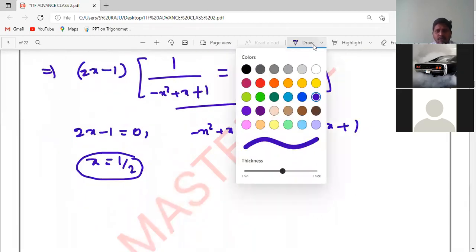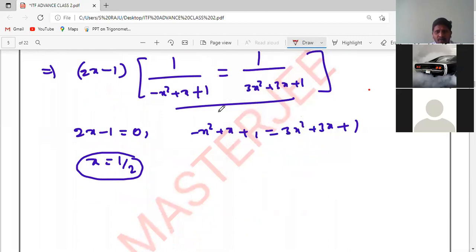Now you can solve this. Here we are going to get a quadratic equation. Take minus x square to the right side, 4x square. This plus x to the right side, plus 2x, we will get. Am I right? 3x minus x is 1, it gets cancelled. 1 gets cancelled on both sides. So 4x square, taking it to the right side, plus 2x is equal to 0.